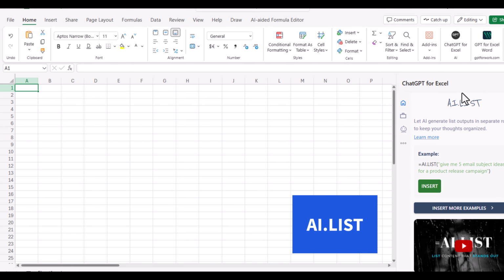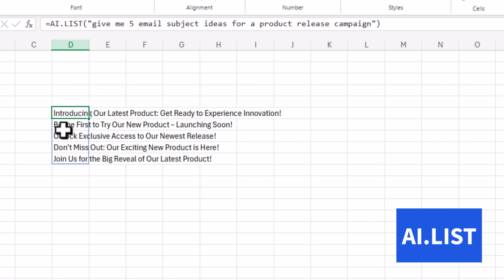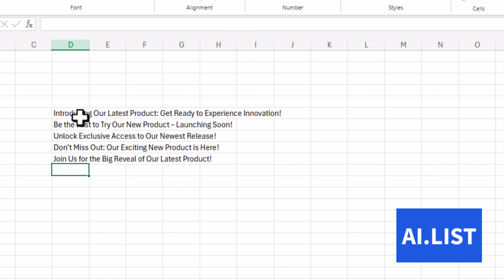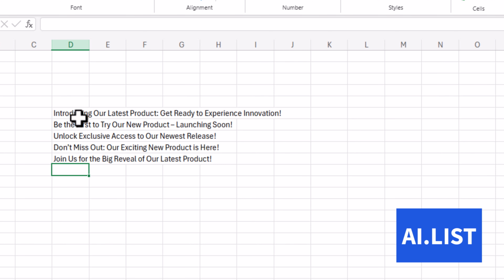In this section, I'm going to show you how to use the AI.list, and we're going to grab one of these examples here from the corner, and we're going to double click in the D cell, click on Insert, and it's going to give an answer. What is this answer? This answer is regarding the give 5 email subject ideas for a product release,